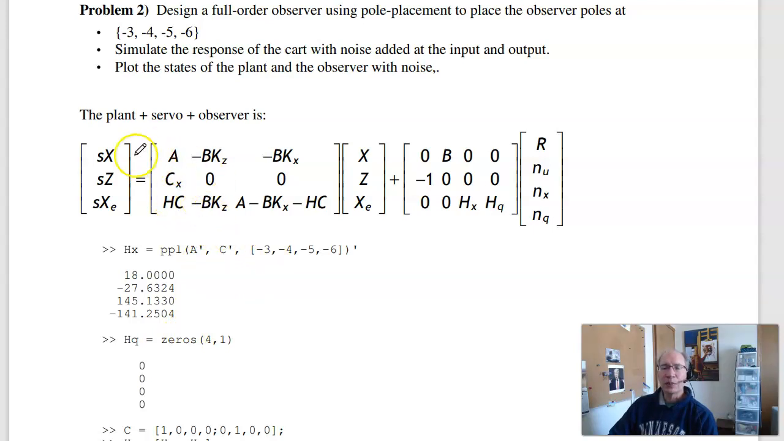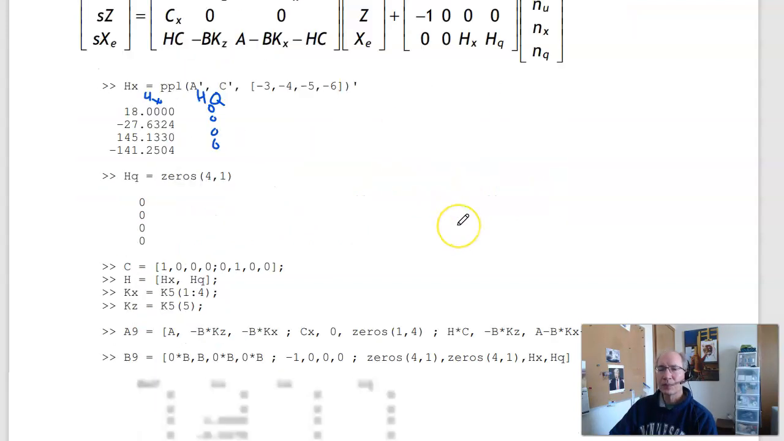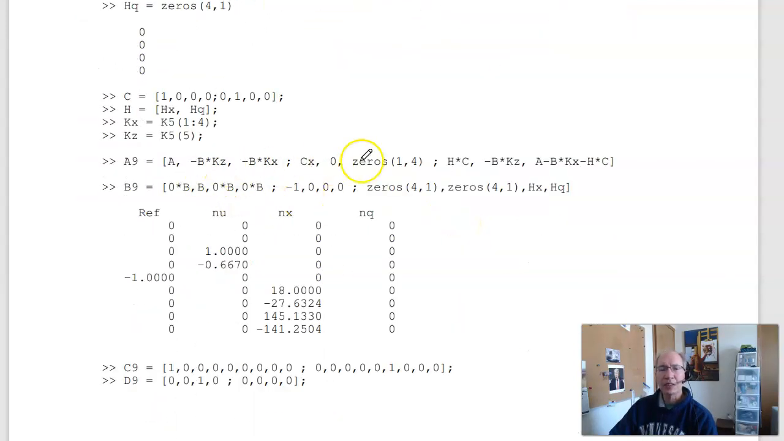So here's my closed loop system with the plant, servo, and state estimator. H is actually HX and HQ, where the Q matrix is 0, 0, 0. I'm not using that one. That's your HC. The feedback gain times KX, where the noise comes in, is through the B matrix. If I simulate this system, form the closed loop system, my ninth order augmented system, plant plus observer plus servo compensator,